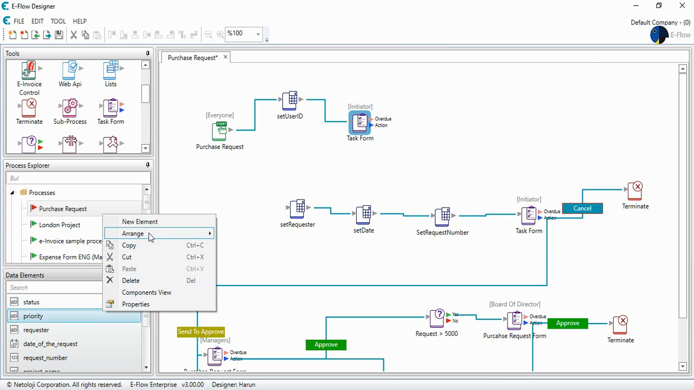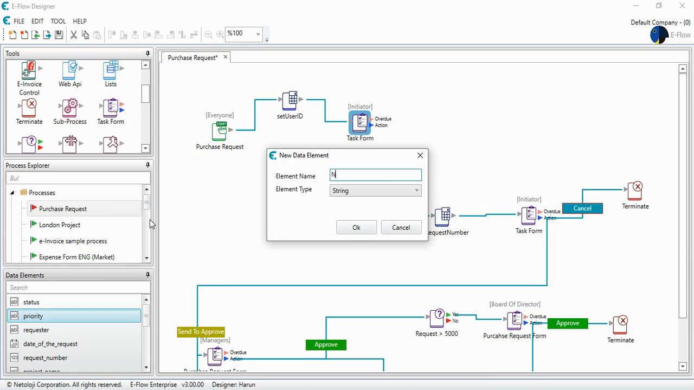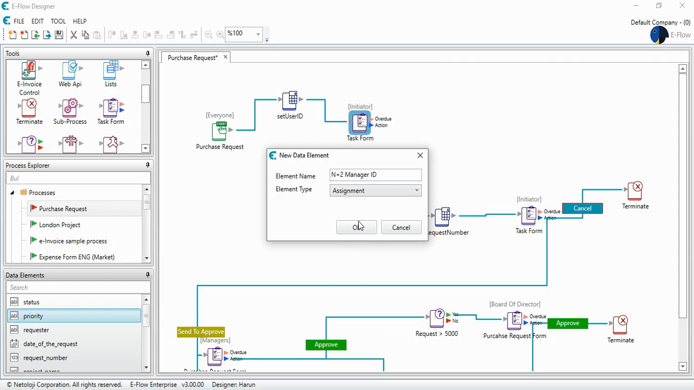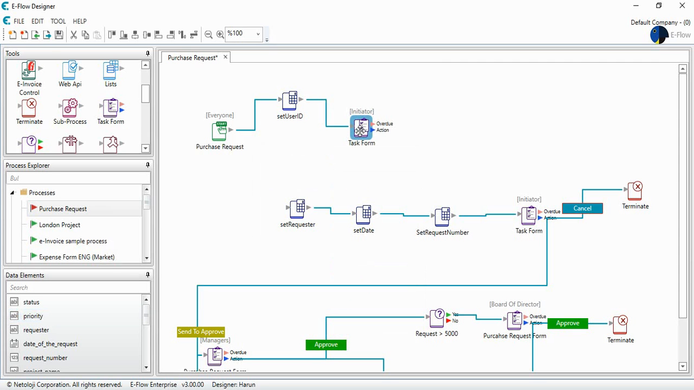And it's the, let's say, n plus 2 manager. This is an ID, n plus 2 manager ID. And what I have to do is I will choose the element type assignment. So just after that, I want to get the ID, and for that I will use another